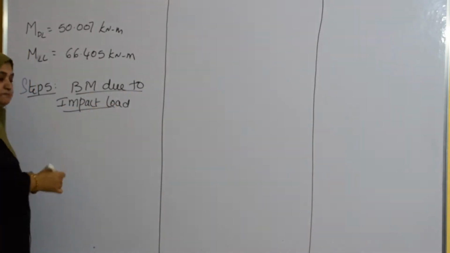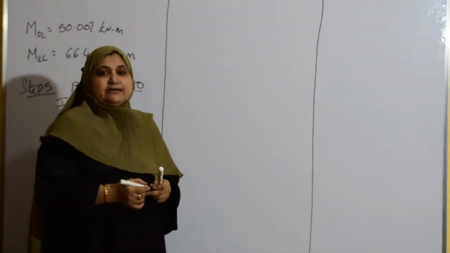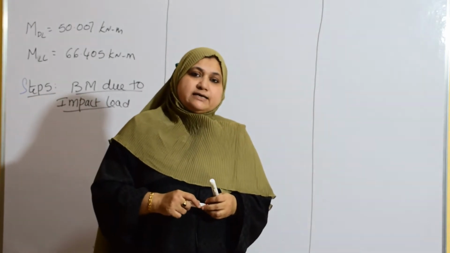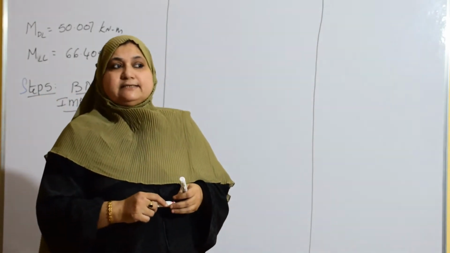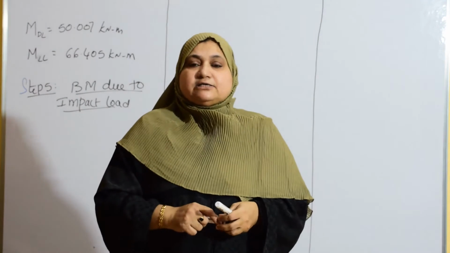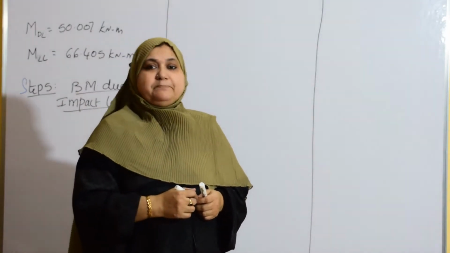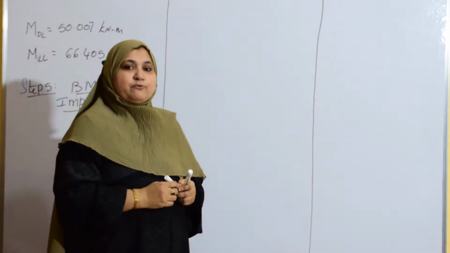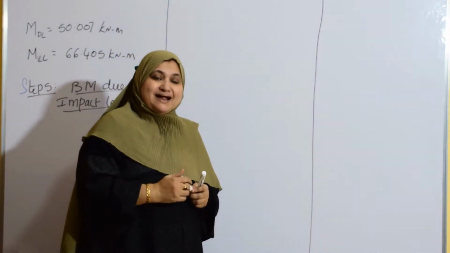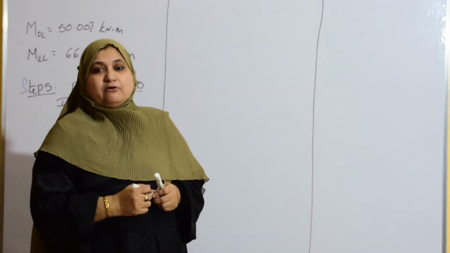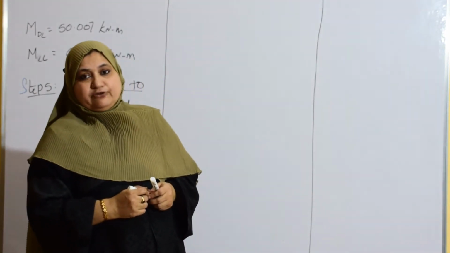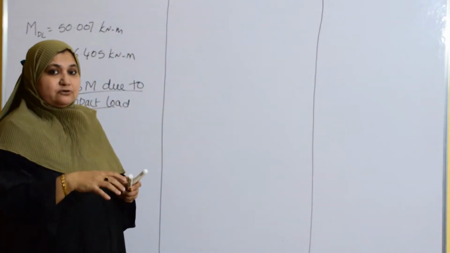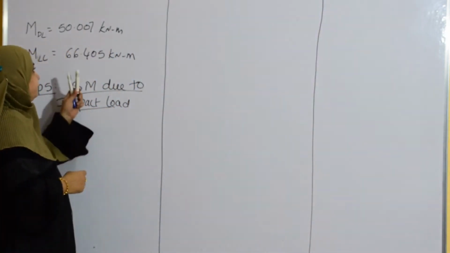Okay, this is very simple. It is not as difficult as determining the bending moment due to live load. It is simply following the IRC formula. IRC has given a formula for finding the impact factor. Once you find that impact factor, you simply multiply it with the live load, because impact load is due to the braking action of wheels. Due to the motion of the wheels, there will be an impact on the road. So it is dependent on the wheel load bending moment.